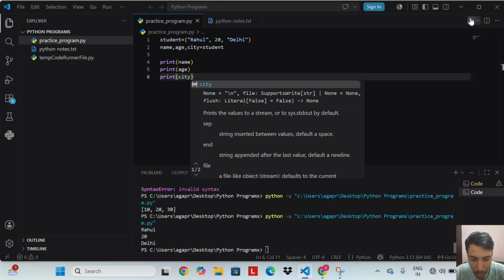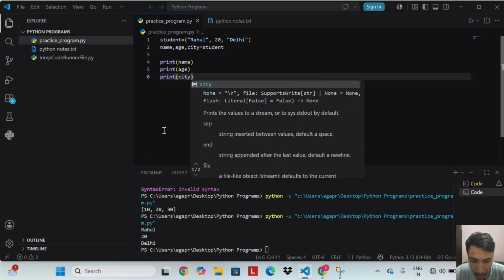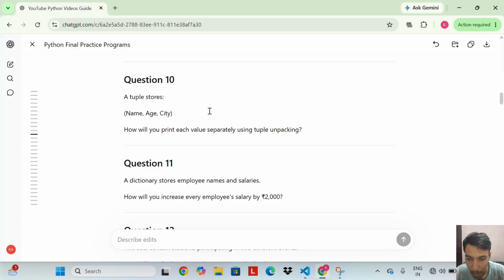One line unpacks all three values into three separate variables: name Rahul, age 20, city Delhi. So output is Rahul, 20, and Delhi on separate lines. So this is the code for tuple unpacking.